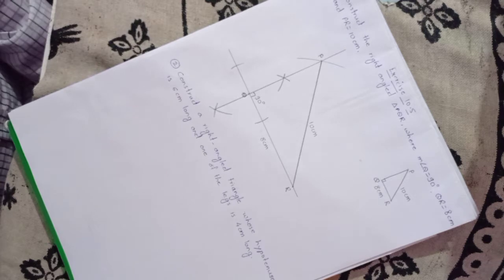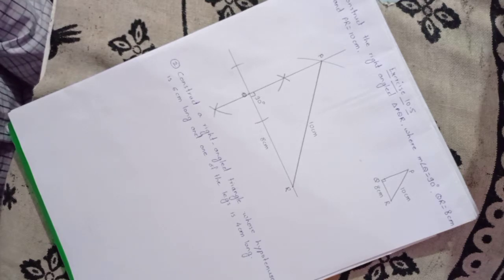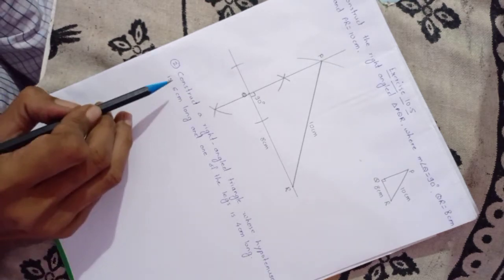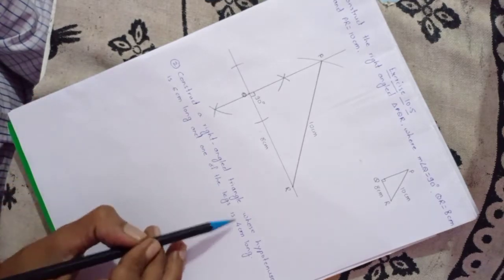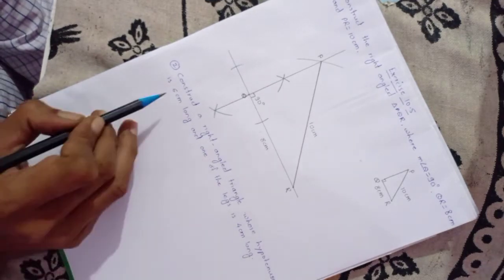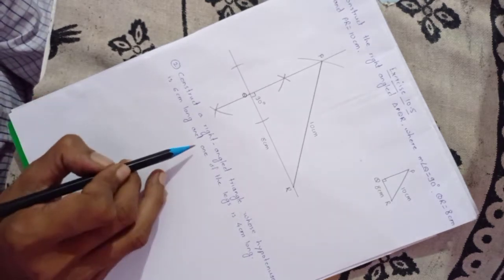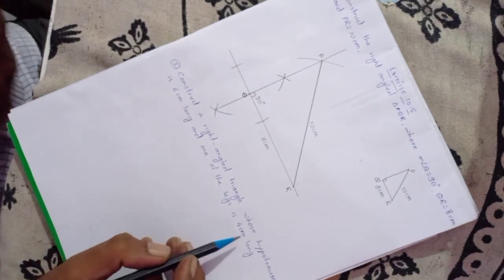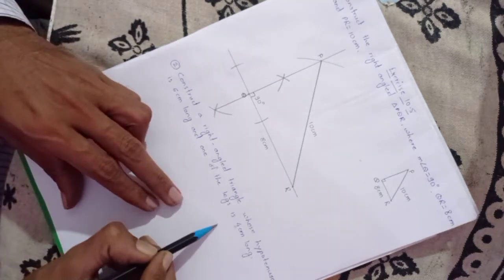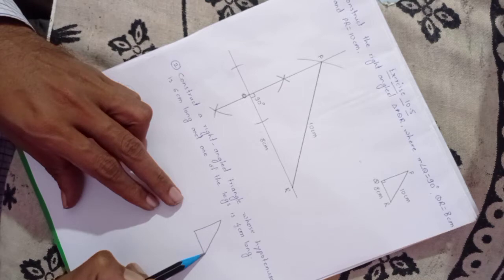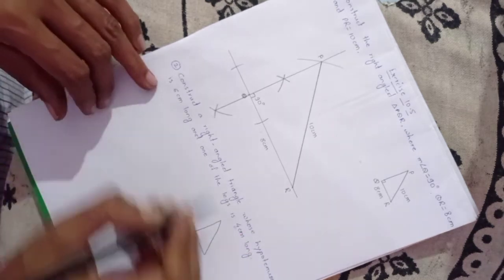Dear friends, we are trying to understand how to construct a right angle triangle when the length of one leg and hypotenuse is given. With the help of a second example, we are given a question something like this. Construct a right angle triangle whose hypotenuse is 6 centimeter. Please note, hypotenuse is given to us as 6 centimeter. Hypotenuse is the side which is opposite to the right angle and one of the legs is 4 centimeter. So I will take this 4 centimeter leg downside, meaning I am going to consider a triangle something like this. Hypotenuse means side opposite to 90 degree.